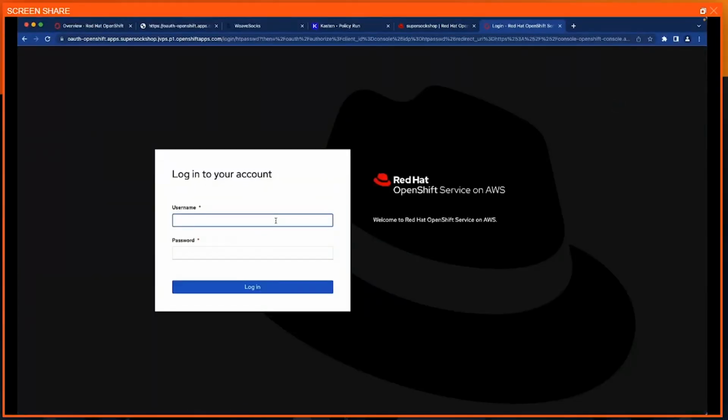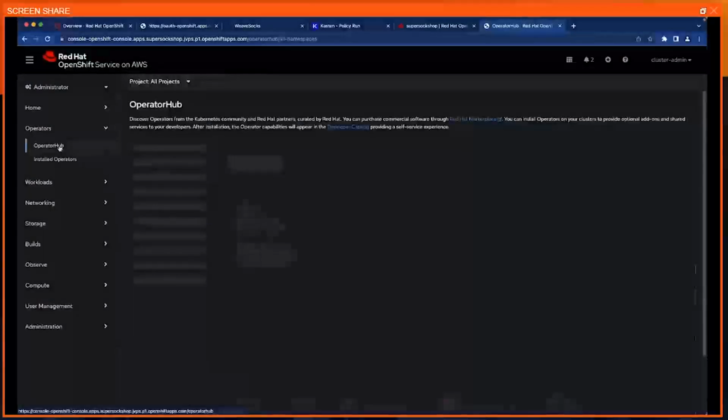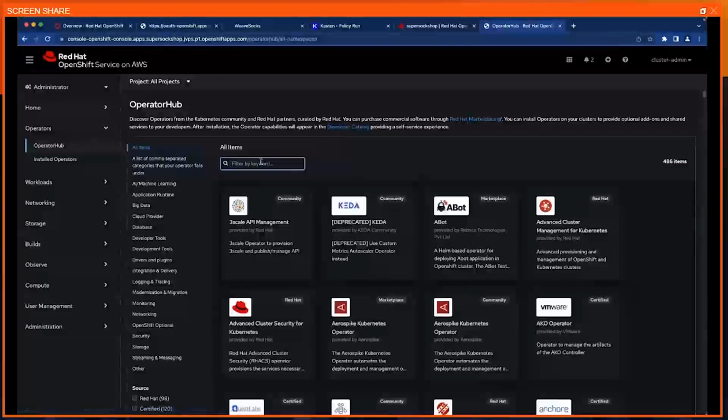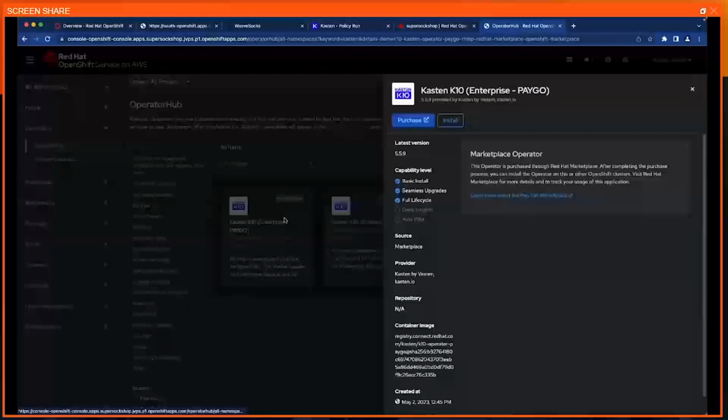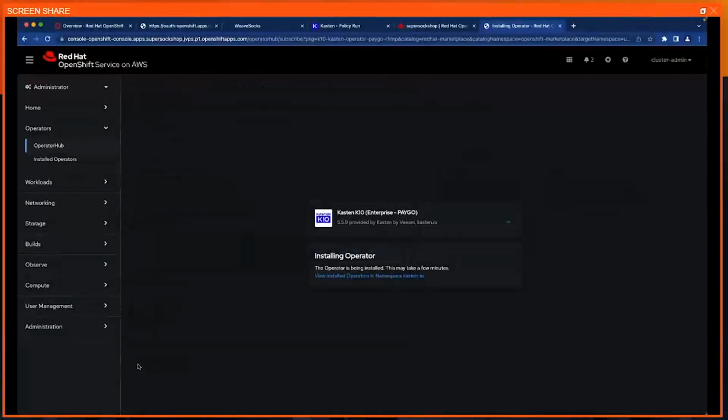So I'm going to log in here with my HT password, super secure, just kidding, but for demo purposes, it's fine. I'm going to deploy a new instance of K10. It's super easy from Red Hat OpenShift's Operator Hub. Go ahead and click install here. It's really quick to deploy. It'll deploy to my ROSA cluster. And once that's deployed, again, all via the UI, I can go and view the operator and deploy an instance here.